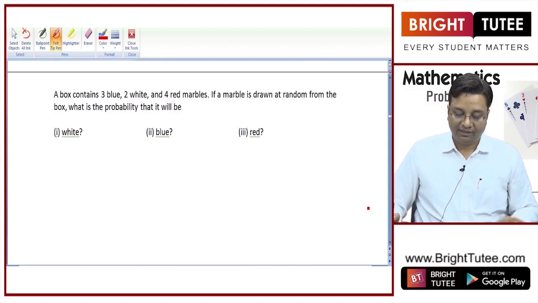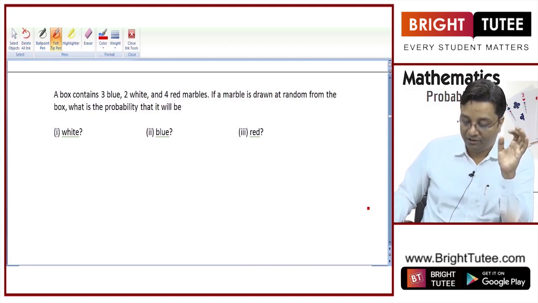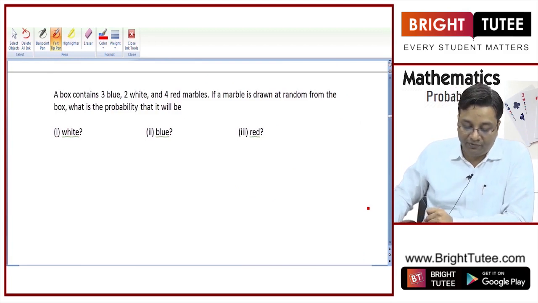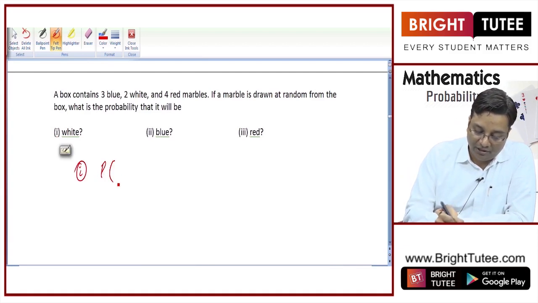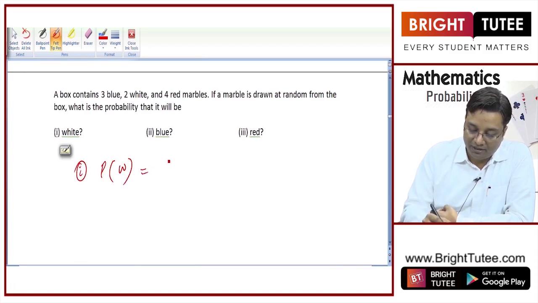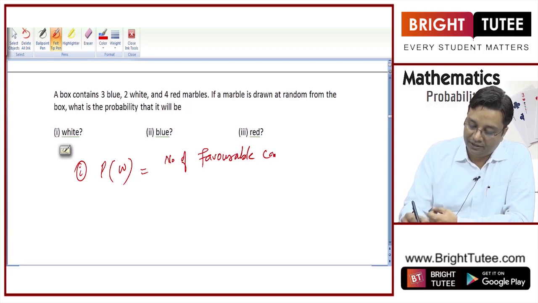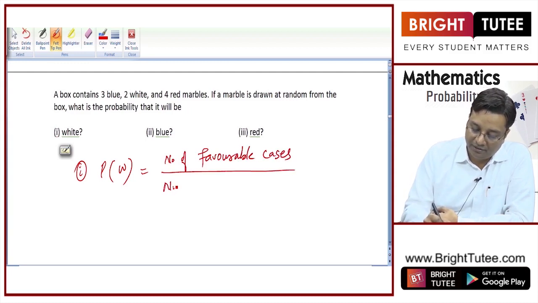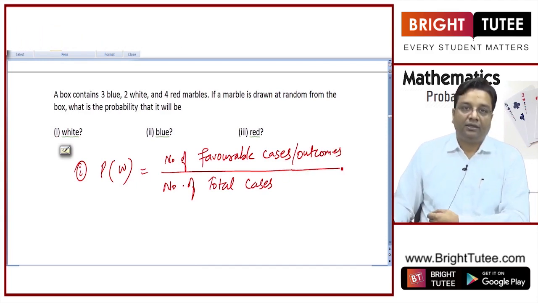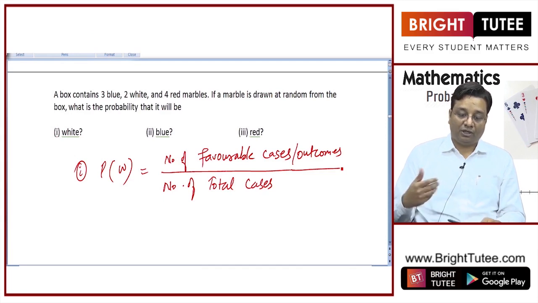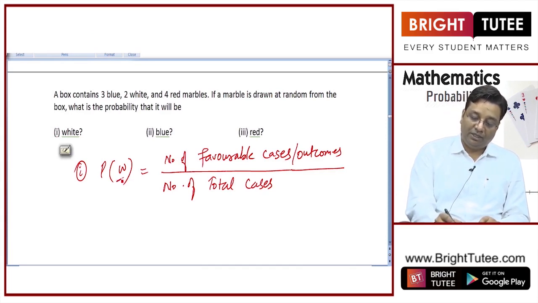Now, there is a box which contains 3 blue, 2 white, 4 red marbles. If a marble is drawn at random from the box, what is the probability that it will be white, blue or red? So, again we will look at the probability of getting a white marble, which is equal to the number of favorable cases divided by the number of total cases. When I say cases, I mean outcomes, right. What is the number of favorable cases? How will you count that? When you are calculating the probability of getting a white marble,